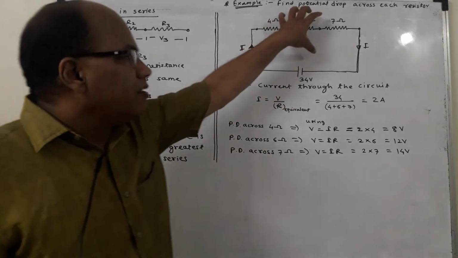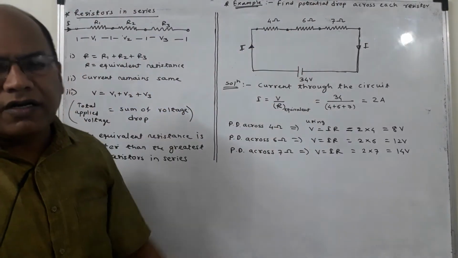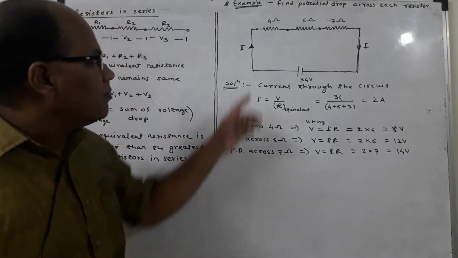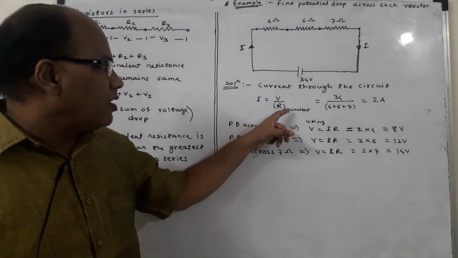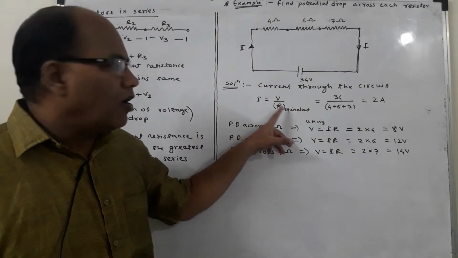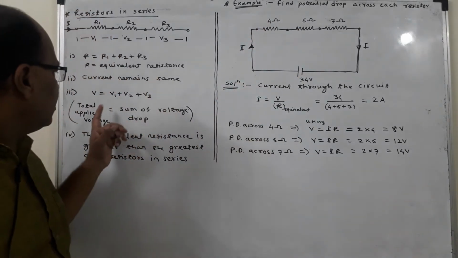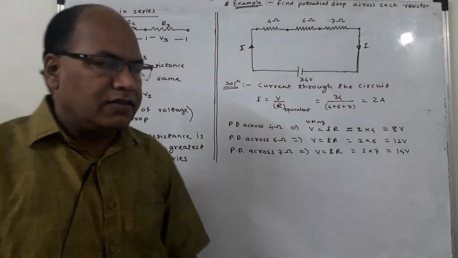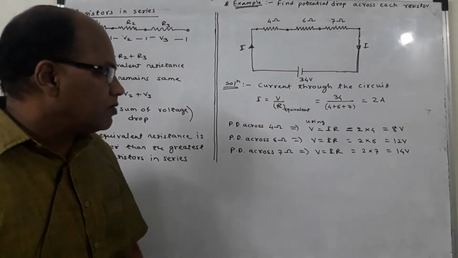We will have to replace the given system of resistances by means of a single resistance which we call the equivalent resistance. So if R is the equivalent resistance, the current flowing through the circuit can be given as V divided by R equivalent. So I is the current flowing through this series of resistances, and we know that the current remains the same for all these resistances. So I is equal to V divided by R. I am using Ohm's law.